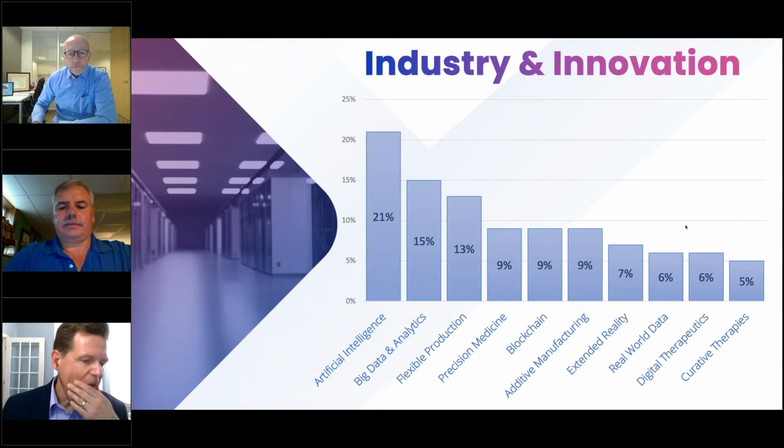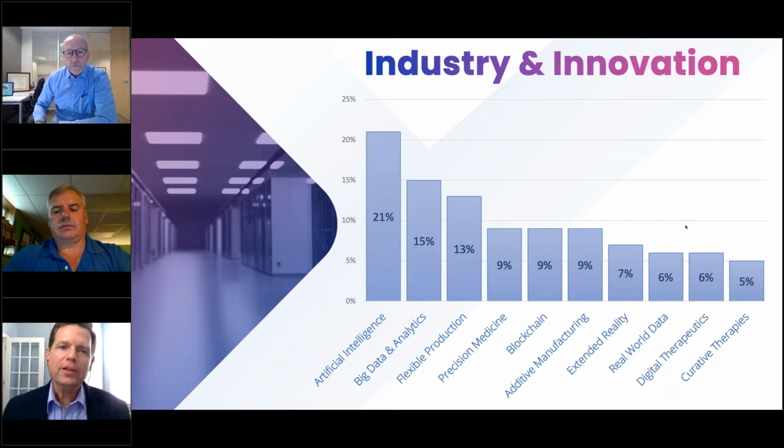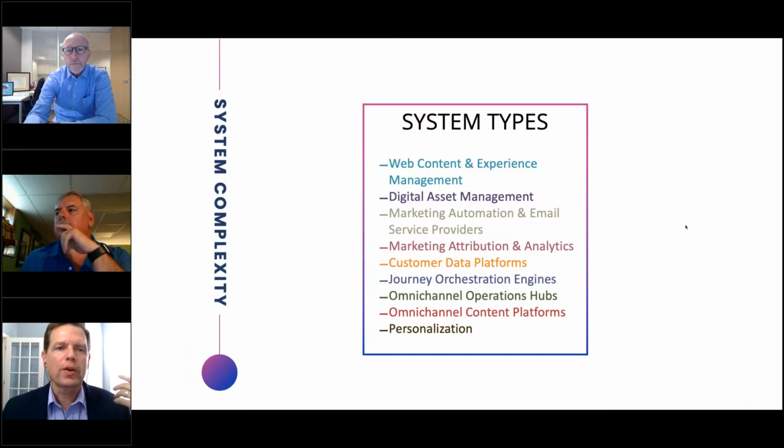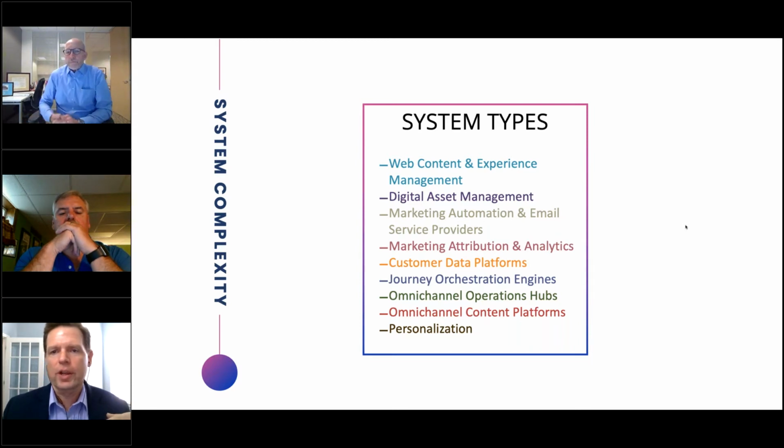So we got a lot of new things to look at here in terms of bringing this in. It's leading to a lot of new systems. Go ahead, Marianne, I think you can go to the next slide. And what we're trying to get across is, go ahead and click to the next one too. There's just a ton of system types out there, and a lot of these are systems that maybe we didn't see so much in pharma just a few years ago. Lots of different kinds of content, lots of different content management systems, lots of different systems that have to work across each other, which, Marianne, go to the next one there,